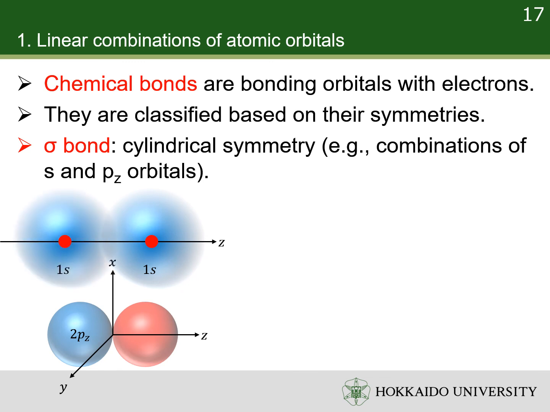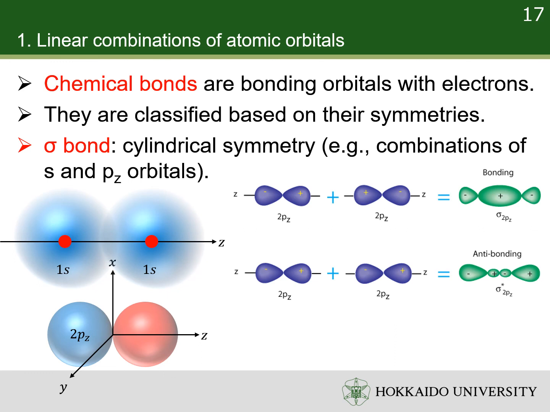We have already seen the sigma bonds from the linear combination of s orbitals in the hydrogen molecule ion. Here, I show you another example. A sigma bond can be the linear combination of 2pz and 2pz orbitals, but how about the combination of s and pz orbitals? Please think by yourself. We can write the constituent orbitals as the subscripts of the symbols of the orbitals. For example, the sigma bonds made of 2pz orbitals are sigma 2pz bonds. Whether an orbital is bonding or antibonding depends on whether there is a high probability to find the electron between the nuclei. We can use an asterisk to denote an antibonding orbital.